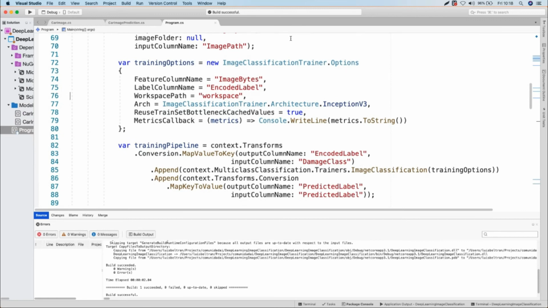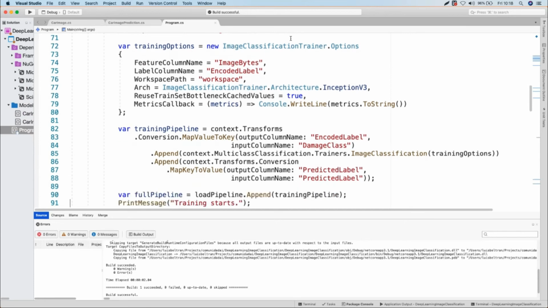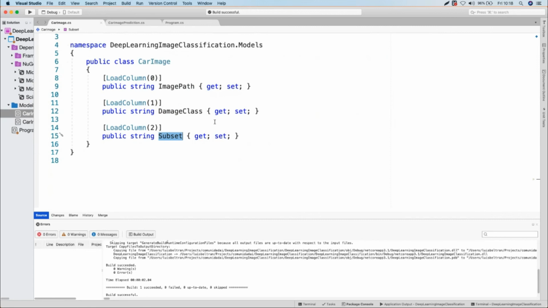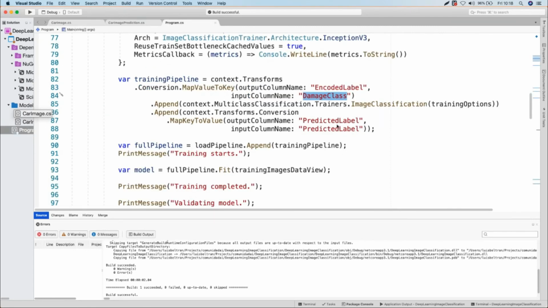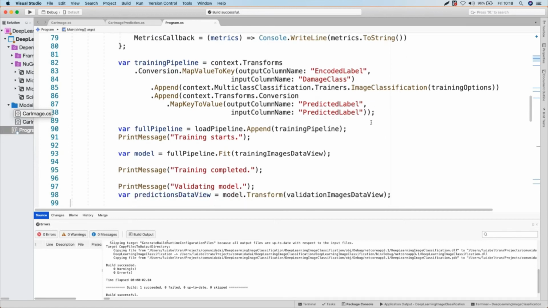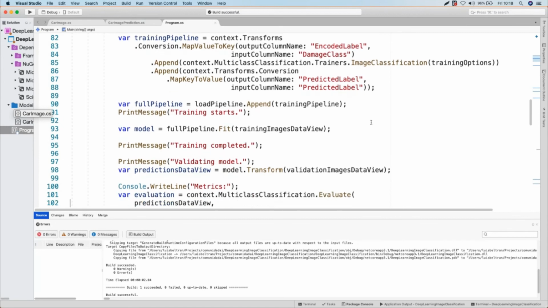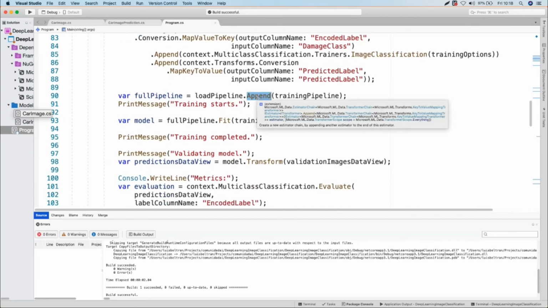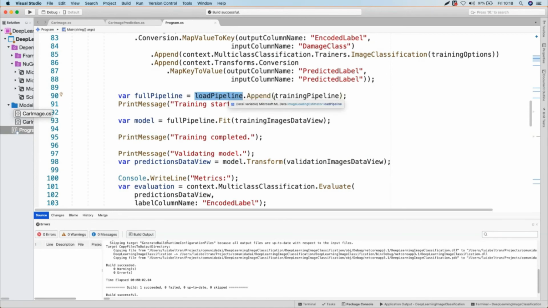Then we have training. Okay, yeah, training options, training pipeline. Here I create the encoded label column based on damage class. Damage class, of course, comes from the input. And of course, we also create a predicted label because we want to know what the model says there is in the picture. And yeah, the append is just joining the two pipelines, loading and training.